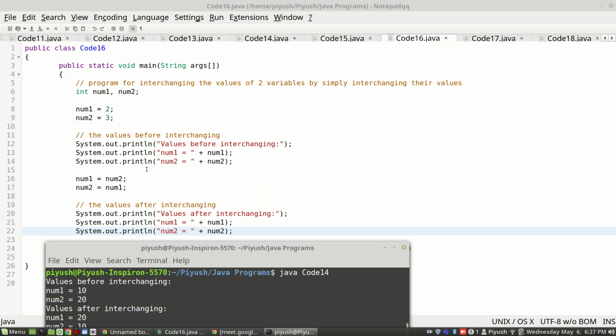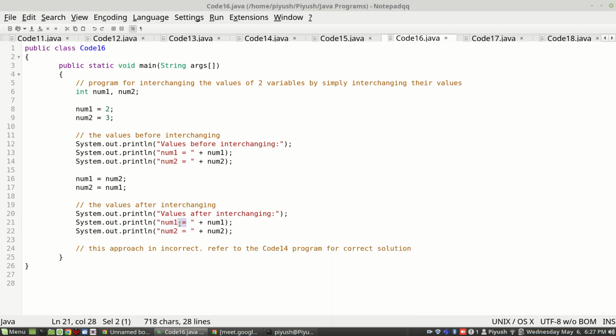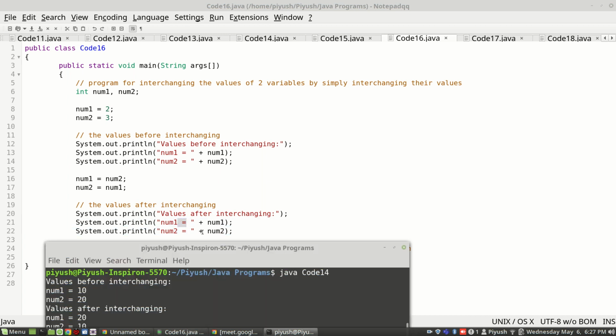In line 21, you have given num1 is equal to plus num1. So it will be printing the same thing, right? No, it is under quotes and this is without quotes. So this will be printed as a message, and this, being without quotes, it will understand is a variable for which it has to substitute the value. Yes, but even in the previous one you have given num1, it will come as num1 is equal to 2. In the next one also it will come num1 is equal to 2 only, right?